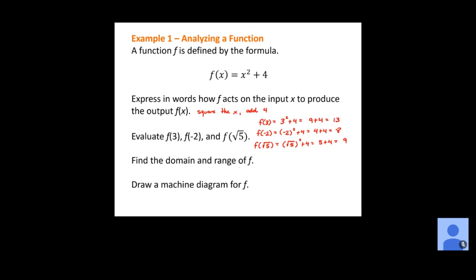Okay, now let's look at domain and range. So if you remember back in chapter 1, we talked a little bit about domain of an expression. Okay, now we're talking about domain of a function, but it's going to be the same thing. So in this case, we're looking at all the possible x values that we could substitute into this function. All we really need to look at right now is, do we have any x's in a denominator? Do we have any square roots with an x inside, right? Because that's what's going to give us restrictions on our domain. Well, do we have either of those things in this case?